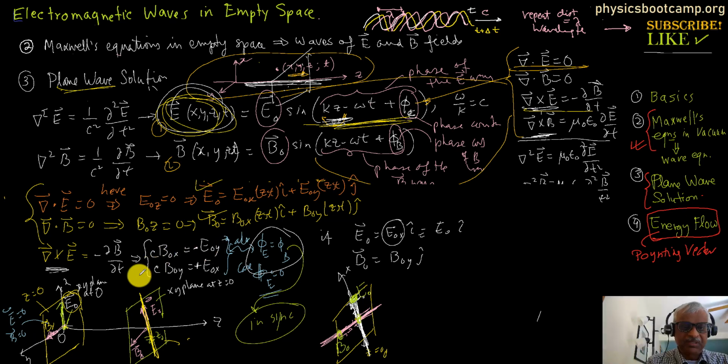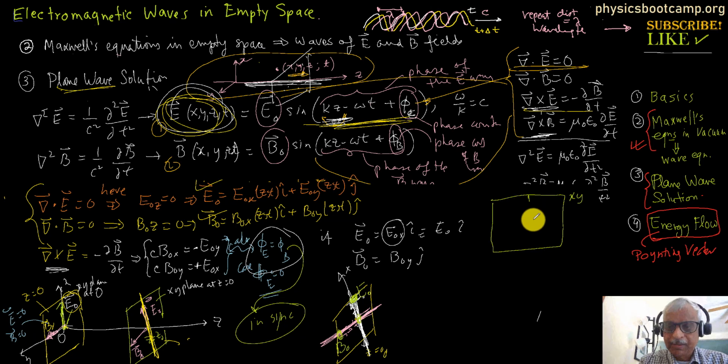Well, I could have taken the electric field in some other direction, not just the x-axis. Then what does this say? This says they're off by 90 degrees, right? So if I look in the xy plane, so this is the xy plane at any point. So what we are finding is if the electric field is this way,